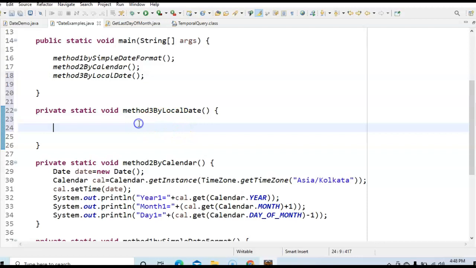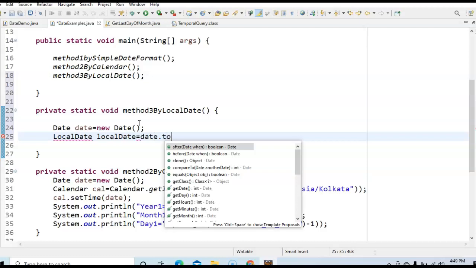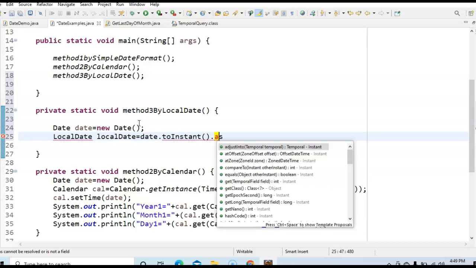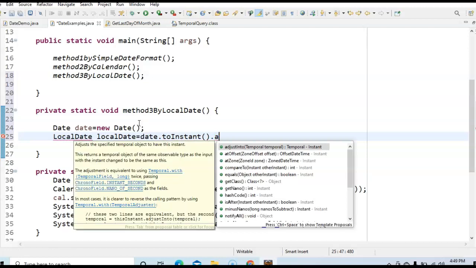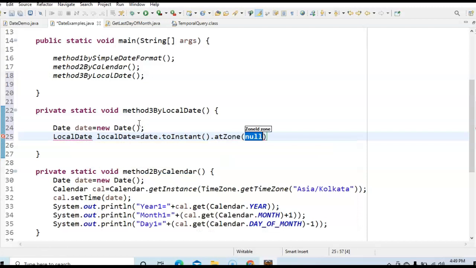Here what I am doing is, first I am creating an instance of date equal to new Date, and LocalDate equal to date.toInstant().atZone(). Here we need to pass the zone ID as well. So how do we pass the zone ID?